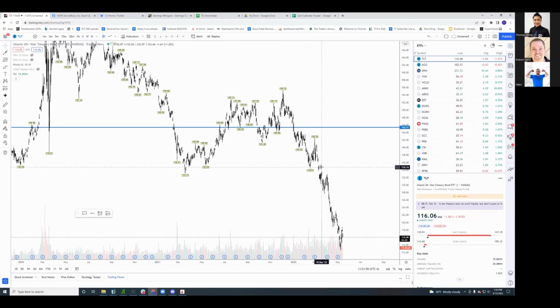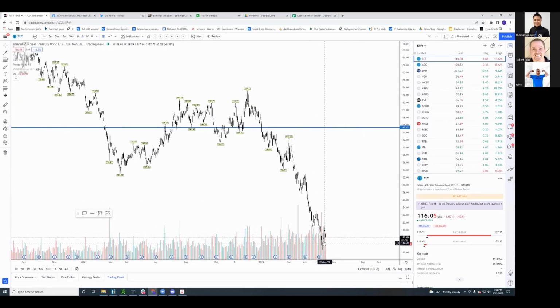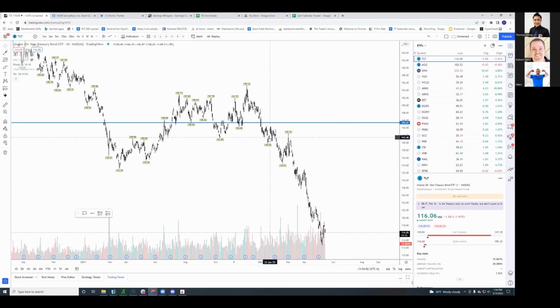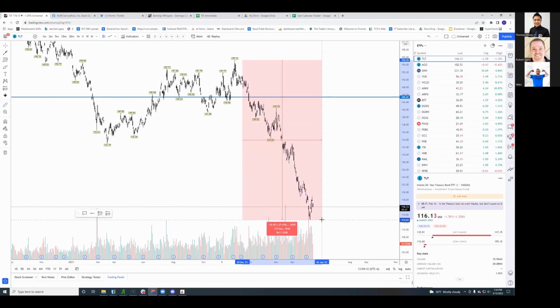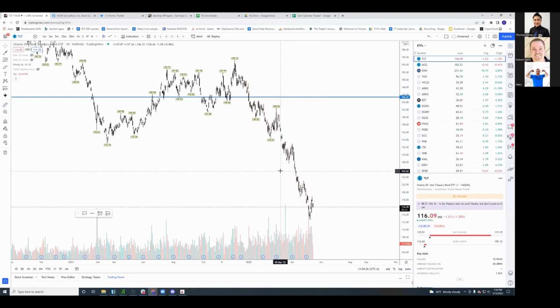I wish I would have bought longer duration and say that yeah, I captured all this move, but I did not, because you can see the value of bonds has obviously dropped substantially while the yield has gone up. The value has gone down. You don't really care if you don't have to touch the money because you're getting more yield. But if you need to pull the money out when there's a 27% drawdown, let's say on the TLT,